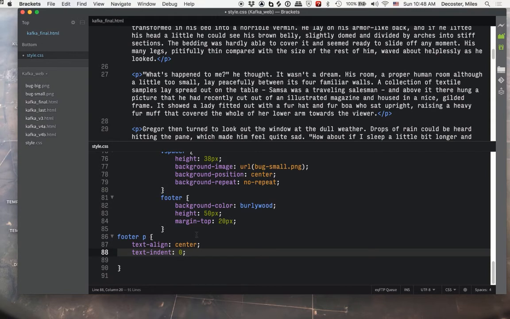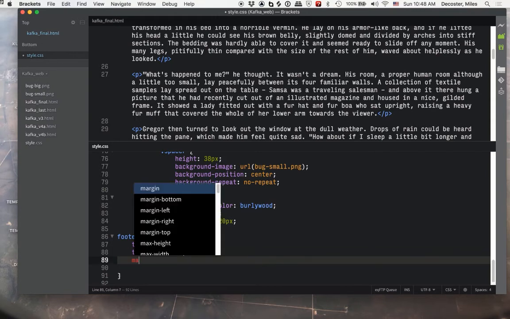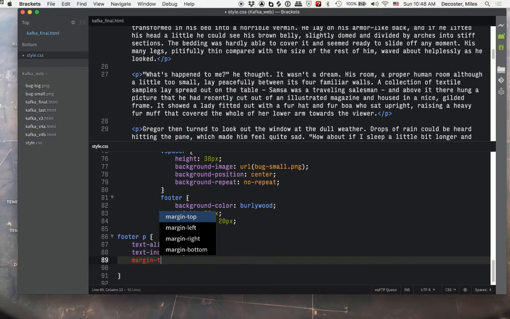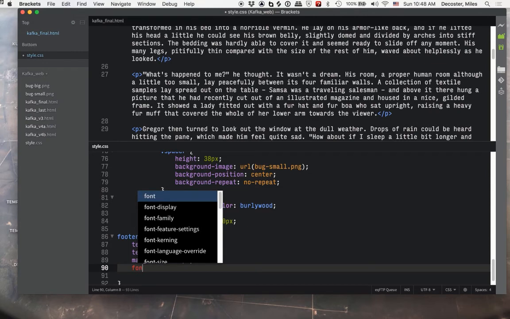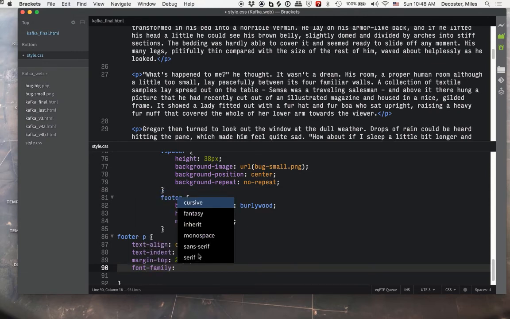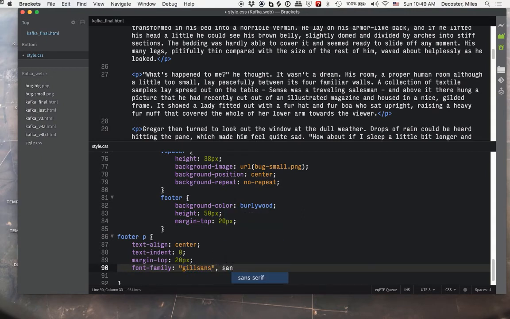It'll be off center. And let's give it a margin top of 20 pixels, and let's do our font family. I'll do my Gill Sans again, and then sans serif,